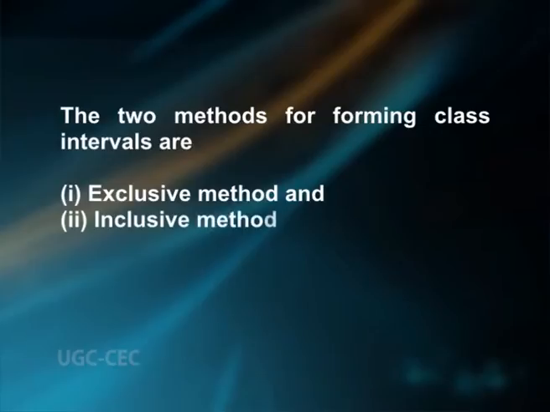The two methods for forming class intervals are 1. exclusive method and 2. inclusive method. In the exclusive method, class intervals are fixed in such a way that the upper limit of a class is the same as the lower limit of the next class. For example, classes of the form 0 to 10, 10 to 20, 20 to 30, etc. come under exclusive classes. In such a classification, the observation 20 is included in the class 20 to 30, and this observation is excluded from the class